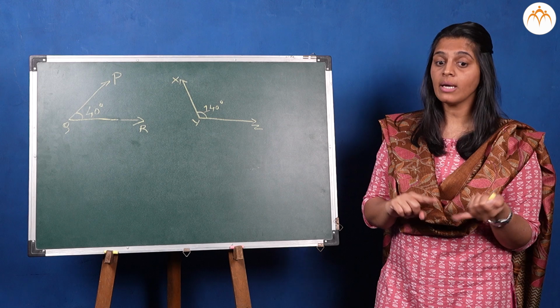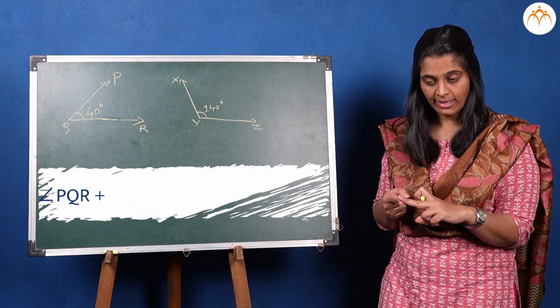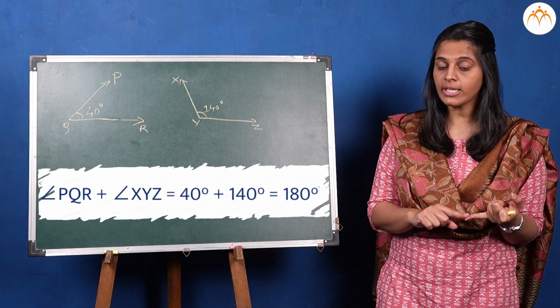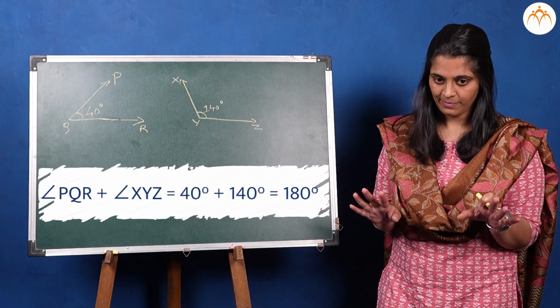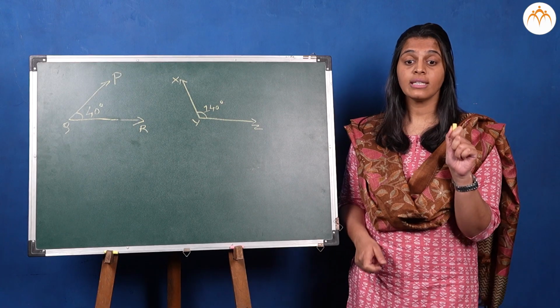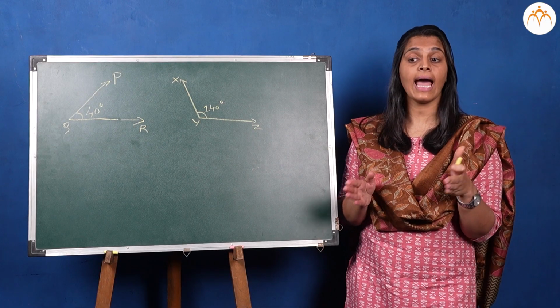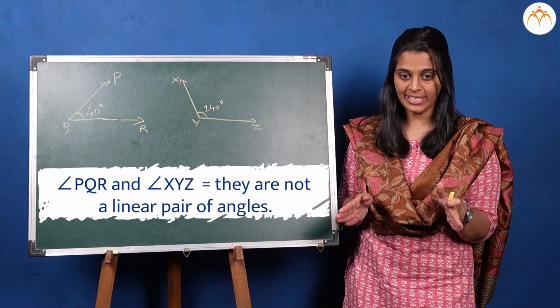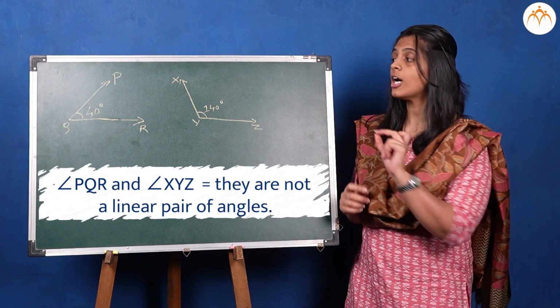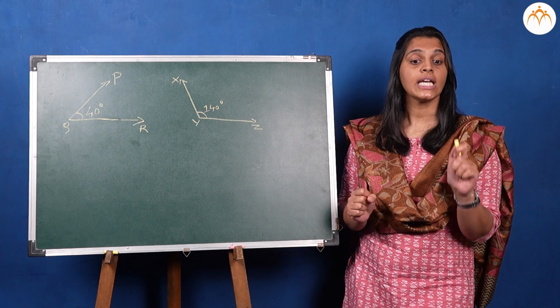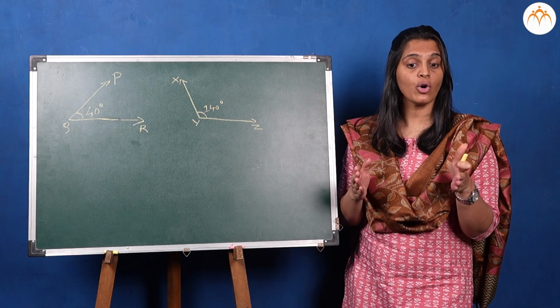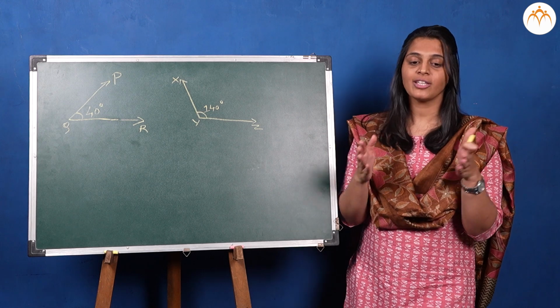Angle PQR plus angle XYZ is equal to 40 degrees plus 140 degrees, which is equal to 180 degrees, right? But we can see that even though the sum of angle PQR and angle XYZ is 180 degrees, they are not a linear pair of angles. Getting my point? So what does it mean? It means that even if the original statement is true, the converse